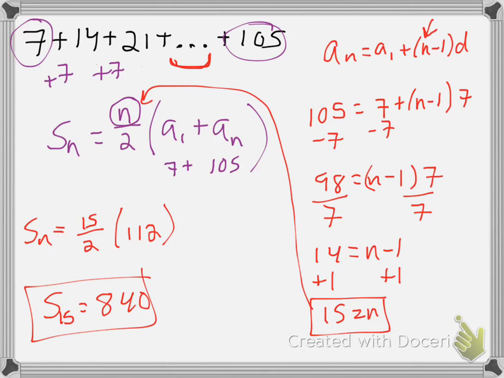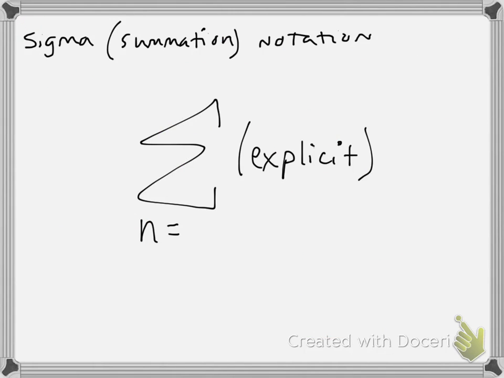The very last thing I want to show in regards to arithmetic series is that you might have to do something in what's called sigma or summation notation. And I'm not going to show you how to do it on the calculator in this video. That's a separate video that will be here in a little bit, where it's just how to punch this into a calculator. You need to be able to set it up without a calculator. So I mentioned earlier that we're going to be establishing limits here. Well, we're more often than not going to go from the first term to however many terms there are. So in this past example here, there were 15 terms.